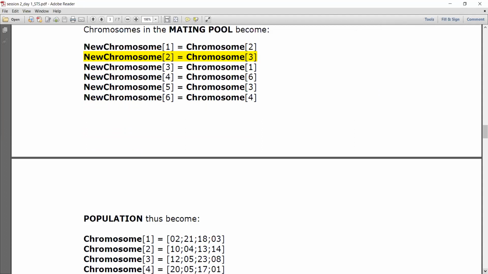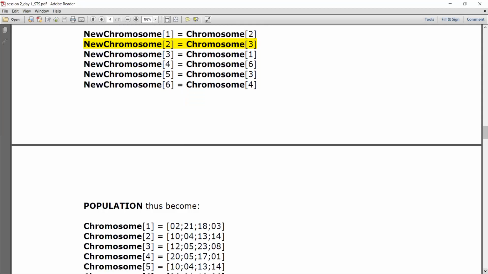Now the second chromosome becomes first. The third chromosome becomes second. For the third chromosome, I already explained, 0.284. It was that gray chromosome. Now it became the second because for the second throw, the pointer denoted that third chromosome. So it is replaced in the second position. The position in the population is changed and the chromosome is also replaced.